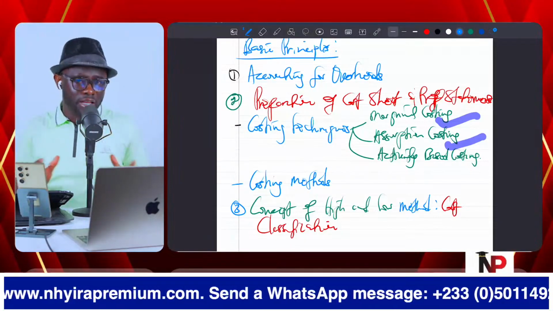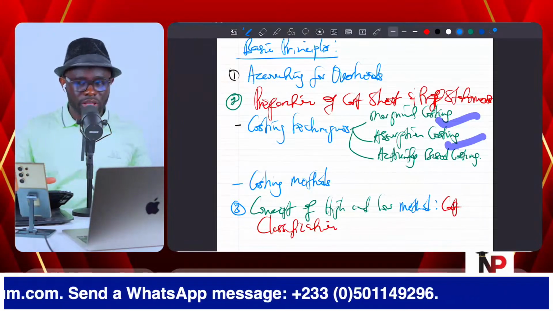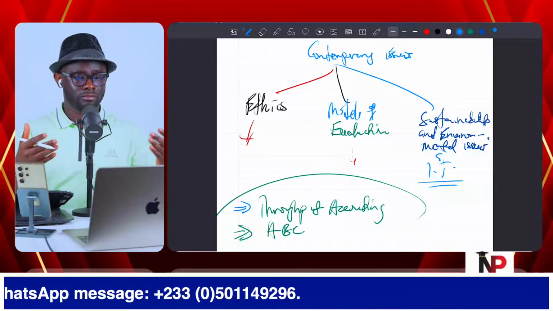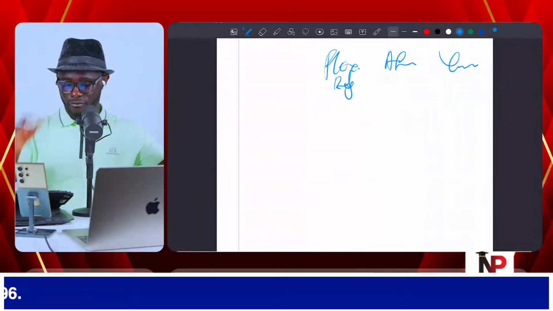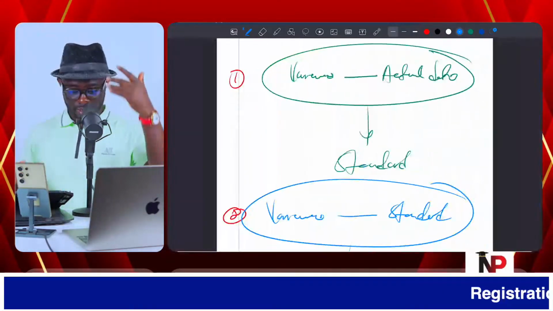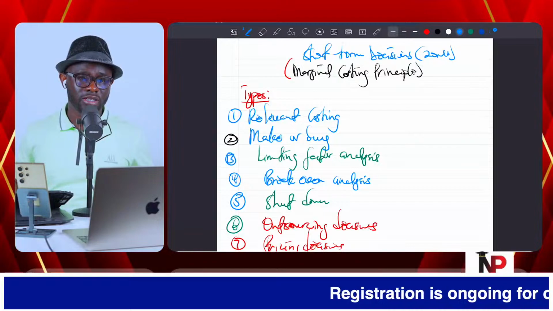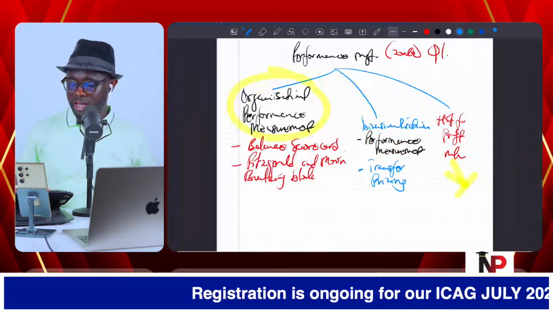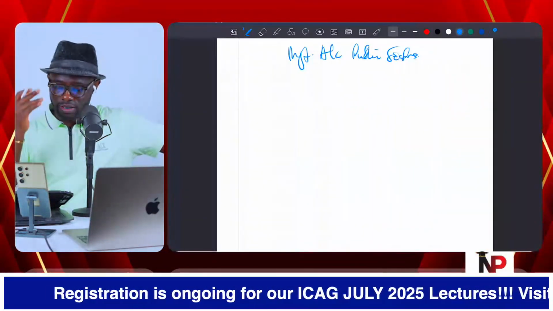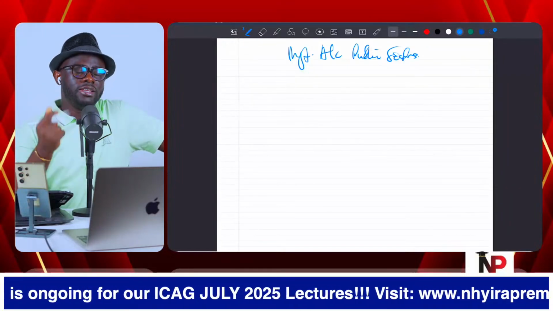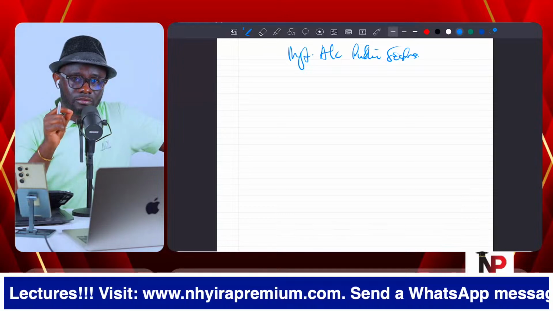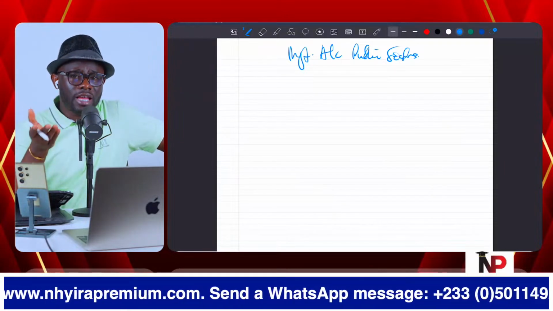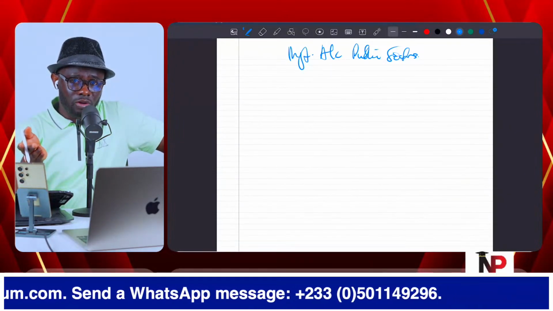That's the beginning. Once you are okay with these, then you can start contemporary issues, budgeting, variance analysis, and then certainly short-term decisions, a lot of things there. Then you can come to performance measurement and then the management accountant role. These are the things that you must understand about management accounting. So how should you study it? I've already given you the blueprint.